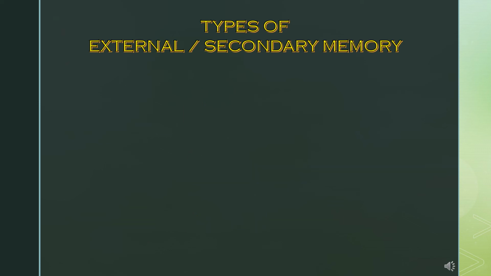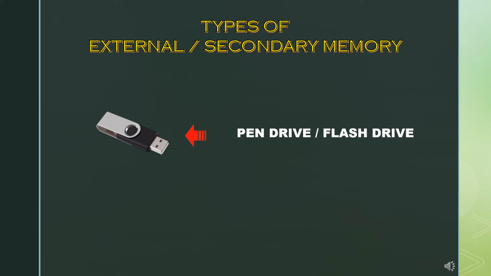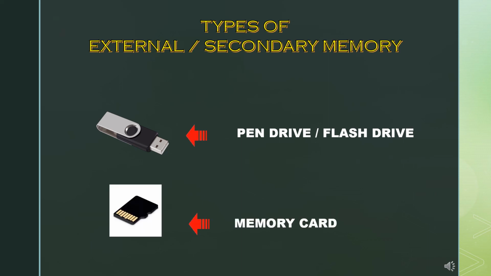The next device is the pen drive or the flash drive. It is the most popular data backup or storage device. It is a plug and play device. It is small in size and light in weight and can store up to 4 TB of data. The last device is the memory card. A memory card is a storage medium for portable devices like mobiles, digital cameras, and music players. And you can transfer the clicked images, videos, or saved music files into your computer using them.